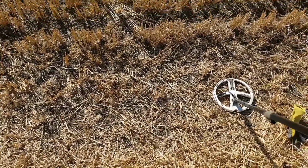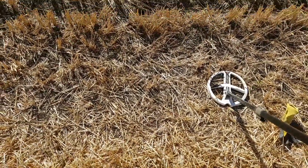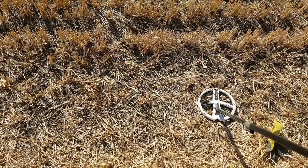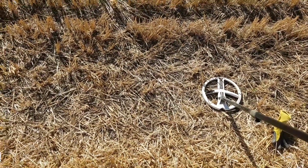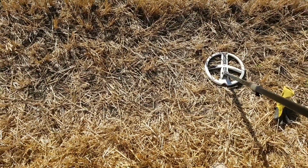Well, I'm back out again literally just for about an hour and a half before work tonight, and come to a field. This is a really quiet field. I've only had a couple. I think I've had one hammered and a random silver Roman a few years ago. Apart from that, I've had hardly anything off it, but